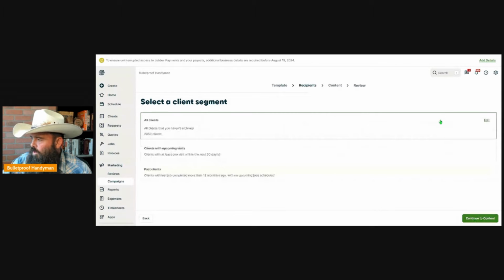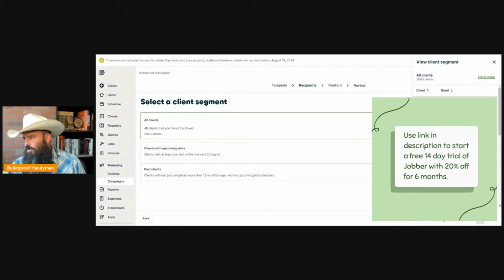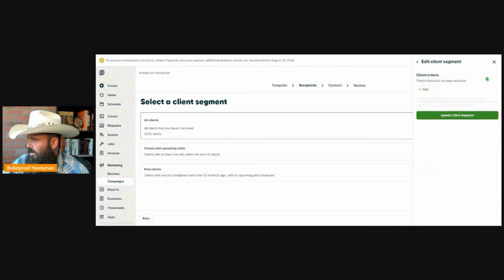Now we're going to click on all clients. You can also do only those with upcoming visits or only past clients, but I'm just going to do all clients and then I'm going to filter. So come over here to this edit button so that you can choose which clients you want to send to. I'm going to have all of this blacked out right here so y'all don't see anybody's email addresses, because these are actual handymen from the channel who requested my business documents and requested to be notified when the masterclass launched. But we're going to click on edit criteria, click on this add button,